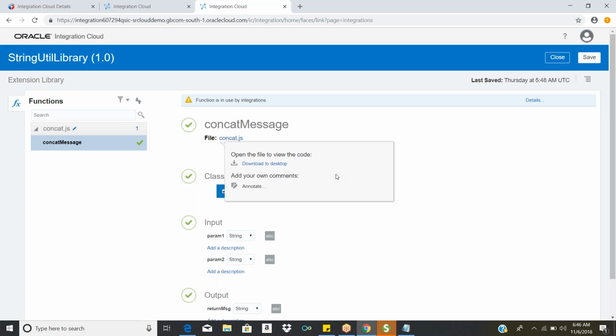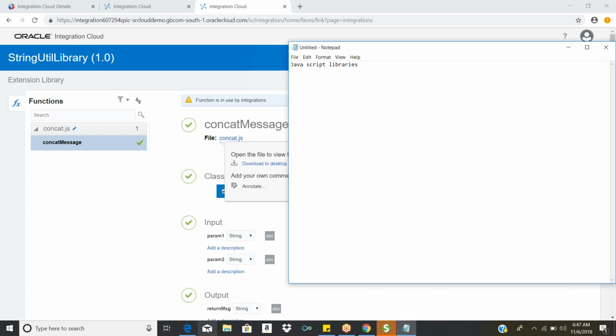Why are we using the JavaScript library? We have predefined functions in ICS. In the activity we have seen the concatenate function and the addition of two numbers function. We have seen multiple functions, but why do we need a JavaScript library? Sometimes, in rare cases, some of the predefined functionality is not sufficient to fulfill your logic. At that time you need something to complete your flow. So you can think about JavaScript libraries. Whatever the logic is, you can build it in a JavaScript library, and you can call this JavaScript library in ICS.